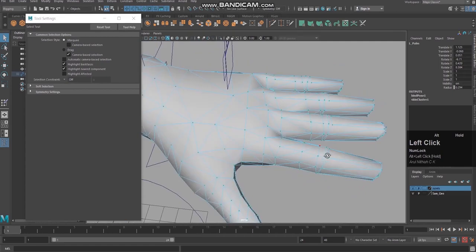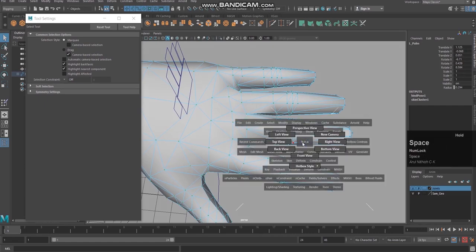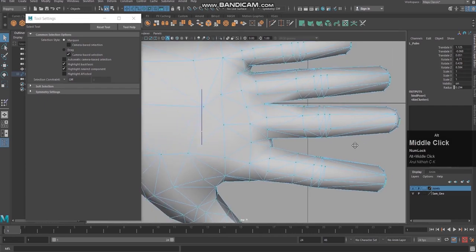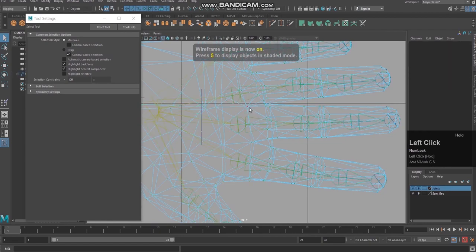So I'm going to vertex mode. Actually in this area some influence is there, right? So I'm going to top view and I'm selecting these vertices.